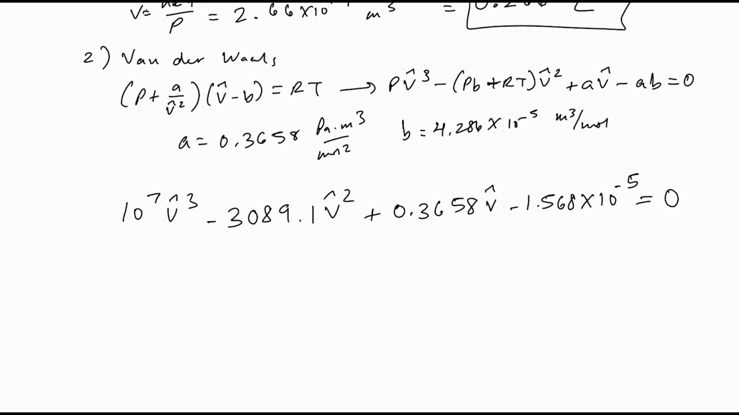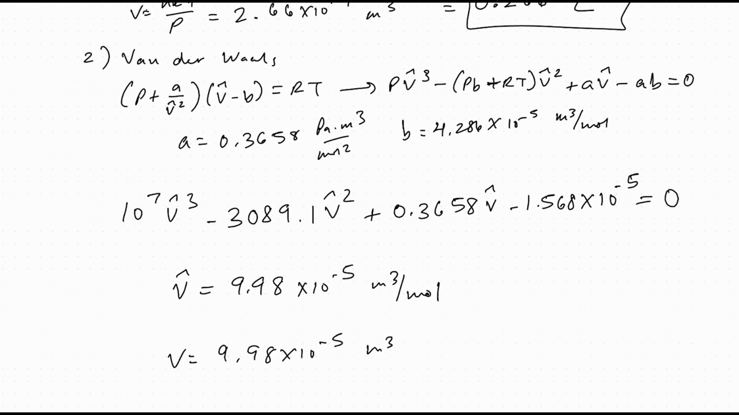So now we can actually solve this cubic equation, right? Now, I won't go into details on how you can solve this. You have many options, Wolfram Alpha, you can solve it numerically. Whatever method you want to choose, I'll just give you the answer here. We get V hat is equal to 9.98 times 10 to the minus fifth meter cubed per mole. Since there's only one mole, we know that the volume is equal to 9.98 times 10 to the minus fifth meter cubed,